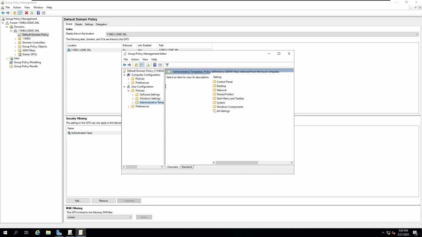Alright, so at the very top you see that it says Administrative Templates, Policy Definitions, ADMX files retrieved from the local computer. Alright, so this is what we want to change. We want to change this from local computer to a central store. So let's go ahead and close this out real quick, and then we can go ahead and create that central store